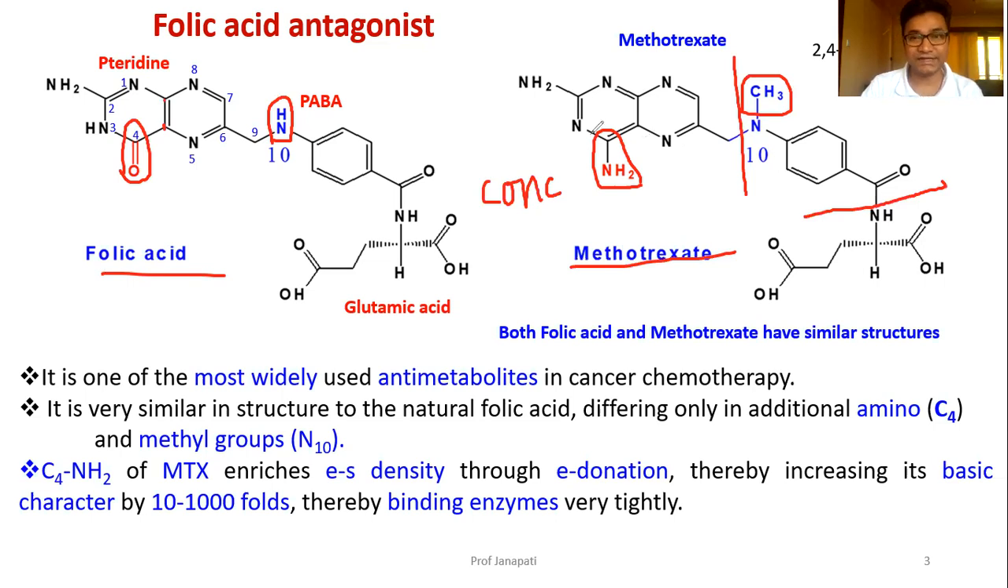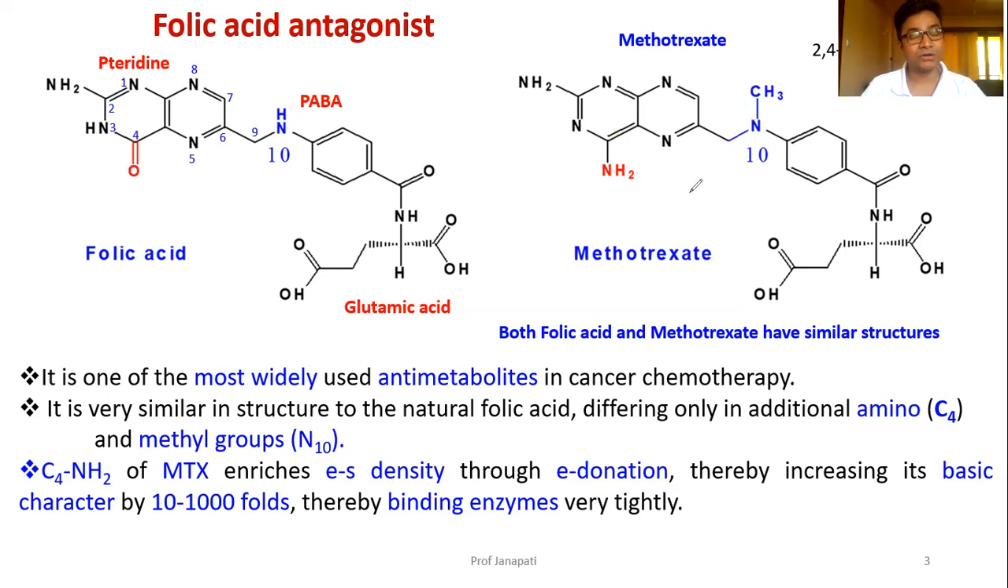Now you can see it here. What is this molecule? Diamino-pteridine nucleus. What is the difference? Here, at the fourth position, there is an oxo group, or keto group. You can call it oxo, or carbonyl group. Carbonyl group or keto group. Here there is an amino group. These structural differences